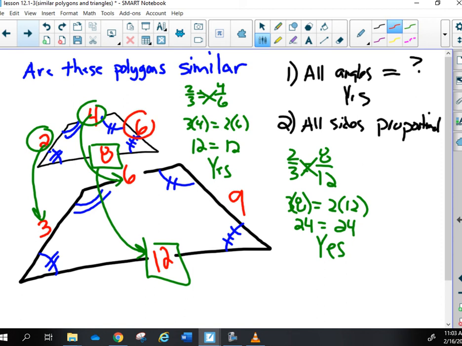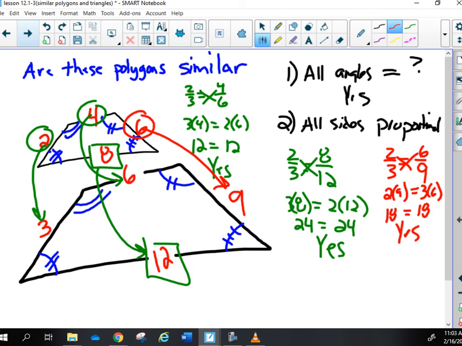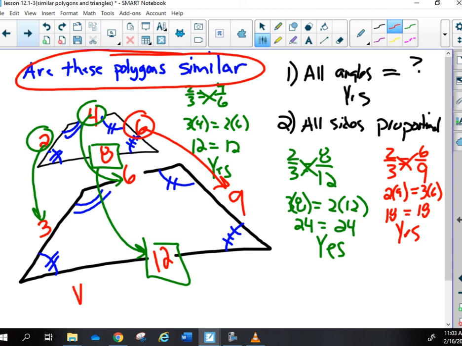Remember, I have this last set, the 6 and the 9. Is 2 over 3 equal to 6 over 9? Cross multiply: is 2 times 9 equal to 3 times 6? I get 18 equals 18, and that is a yes. So are these polygons going to be similar? Yes, because all